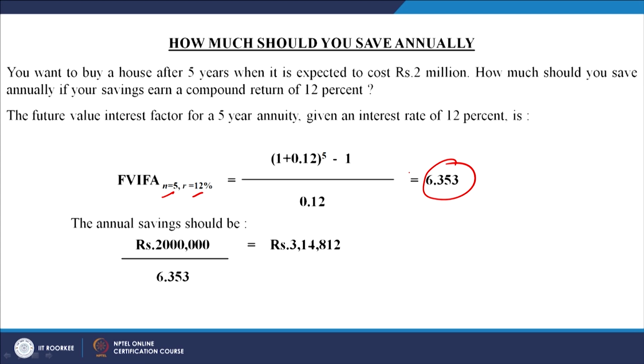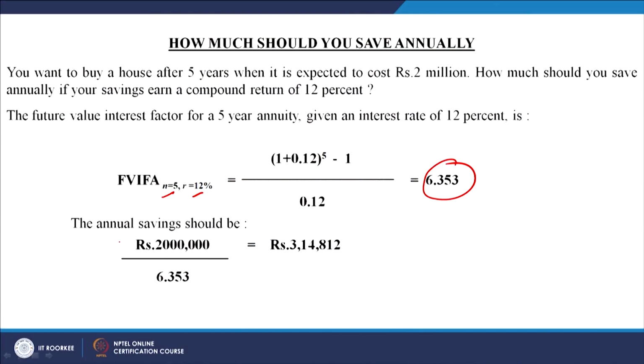and for the different rates of interest 2, 4, 6, 8, 10, 12. So, 12 is covered, and normally for the prevalent rates of interest in the market, the interest factors are given in these tables. We have calculated this factor ourselves here, but you can find it directly from the interest factor table also. Then we divide the total amount, that is 20 lakhs, 2 million that I want to have in my hands after 5 years,